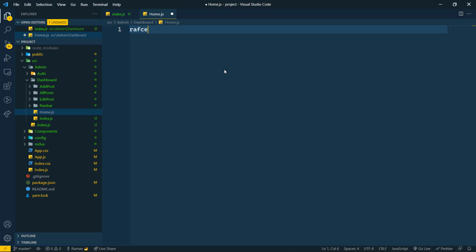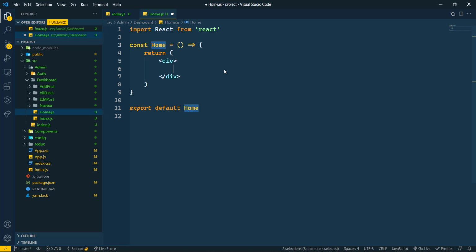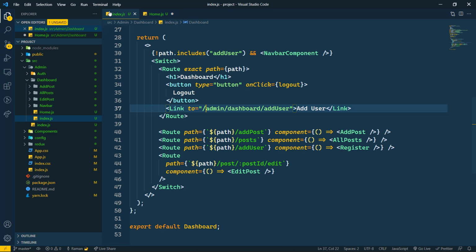In this file we are going to show three things: first, total posts, and then posts uploaded by the user. We need just these two things only.